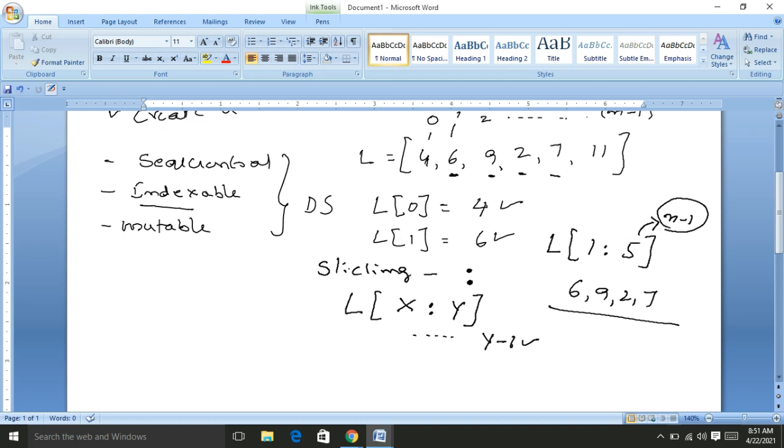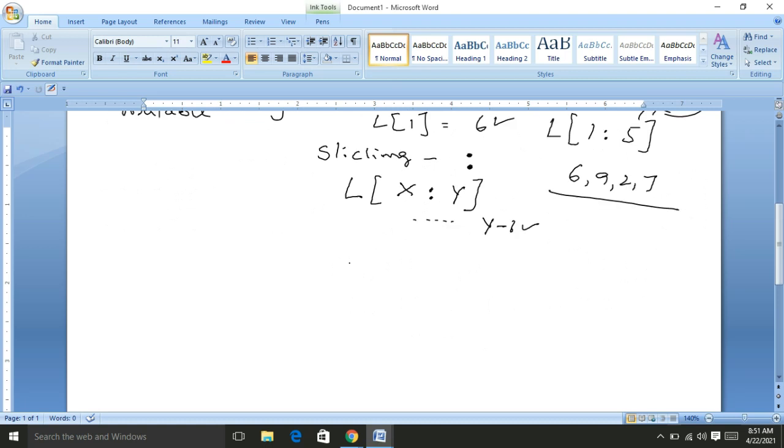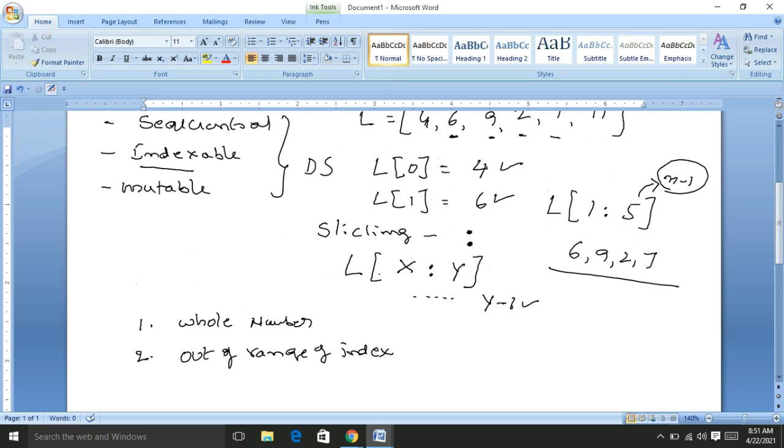Here we observe one more issue. Whenever we use index values in Python, the index value should be a whole number. It cannot be a floating point value or any other value. The second one is, suppose we use out of range index values, then Python will generate an exception or error.